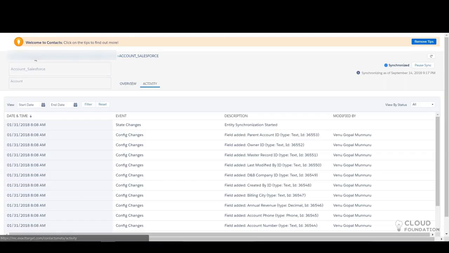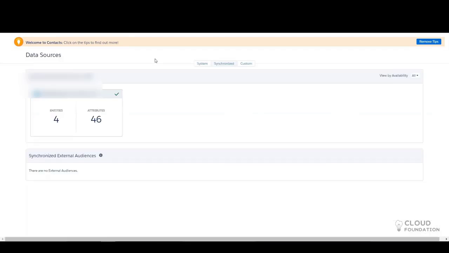Since Exact Target had a lot of customer base before Salesforce acquired it, what Salesforce is now trying is promoting this Marketing Cloud to their existing customers, and a lot of existing customers are trying to adopt it.